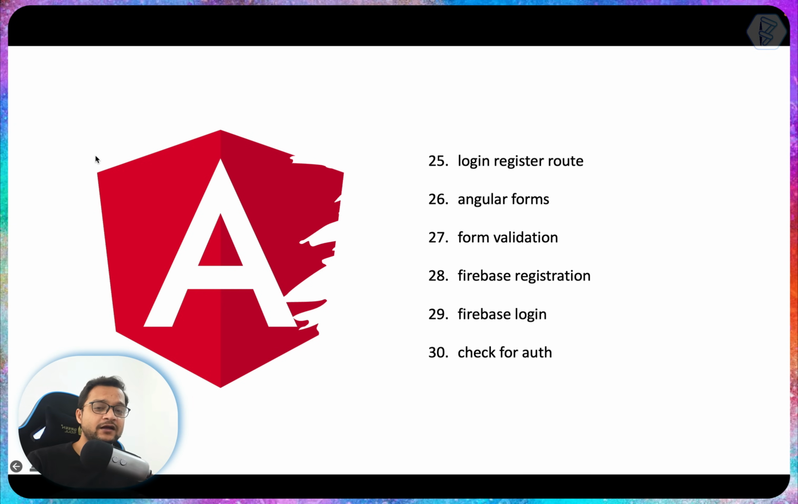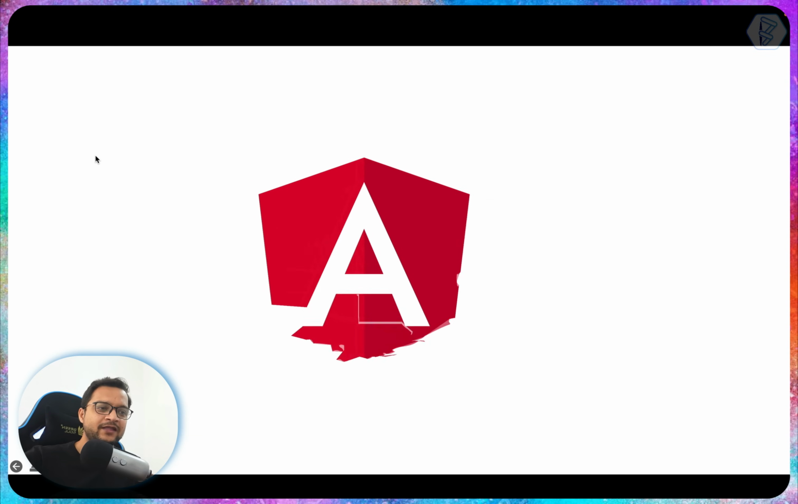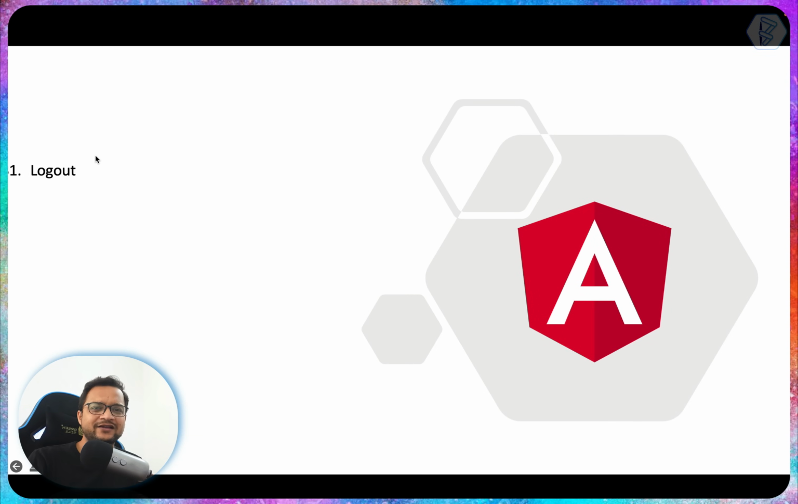But after that it's very important to check whether the user is logged in or not, and if the user is logged in, then we need to be able to log out. Also we need to protect some of the routes so that only authenticated, logged-in users can visit them. But